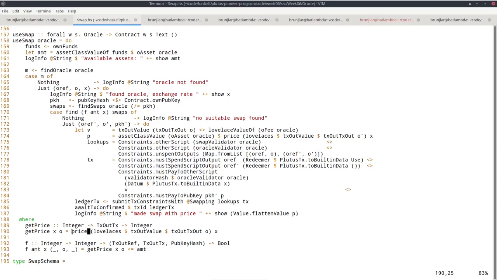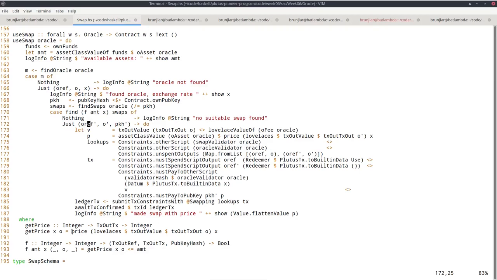So what this line does is it tries to find a swap that we can afford, where given the current exchange rate that the oracle tells us and the amount locked in this swap UTXO, we have enough assets to actually pay for it. If we don't find such a swap, then we log a message that we didn't find such a swap. If we do find one, we just take the first one.